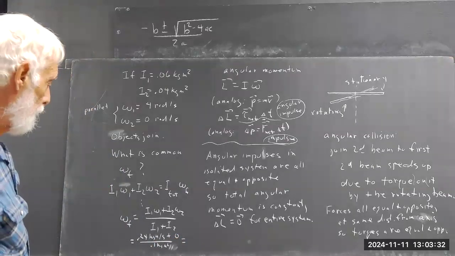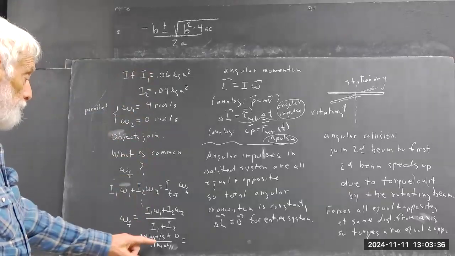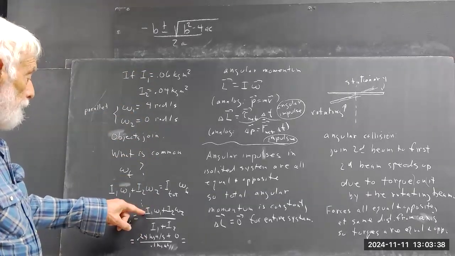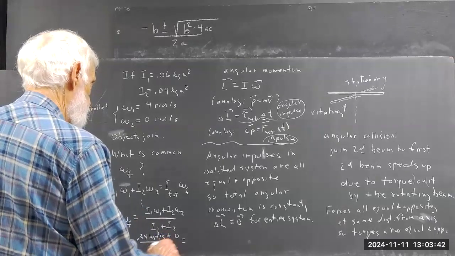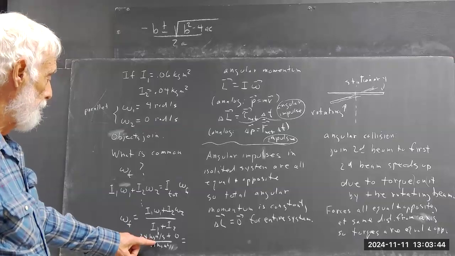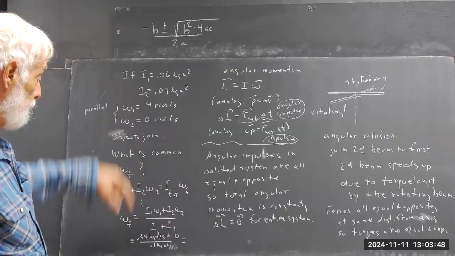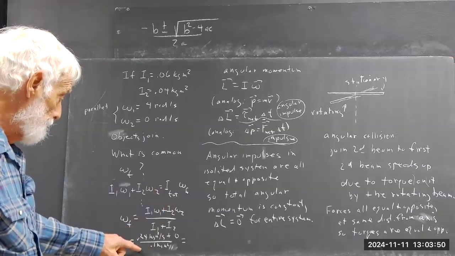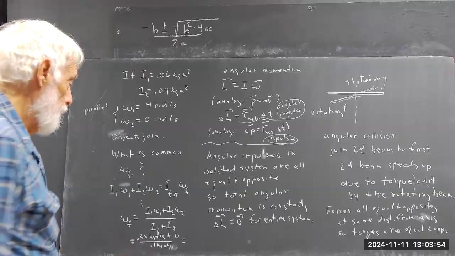Okay, well, it's written kind of small, but it's obvious what the numbers are. You plug the numbers in. That's going to be 0.24 kilogram meters squared per second plus 0 kilogram meters squared per second, the angular momentum of I2, divided now by the total moment of inertia, which gives you